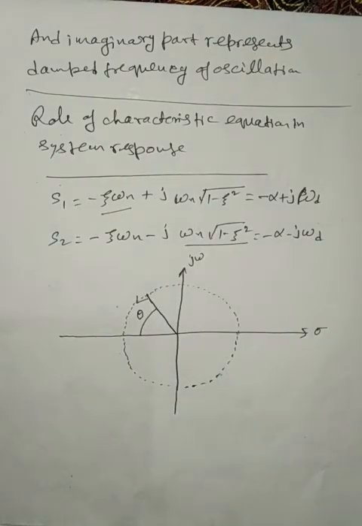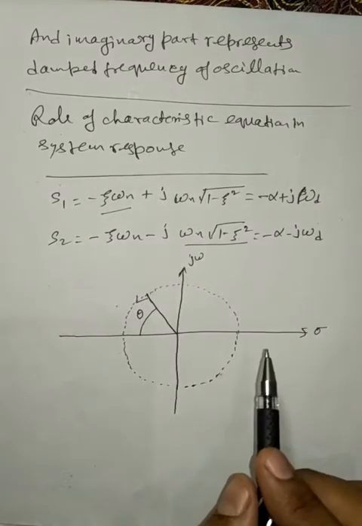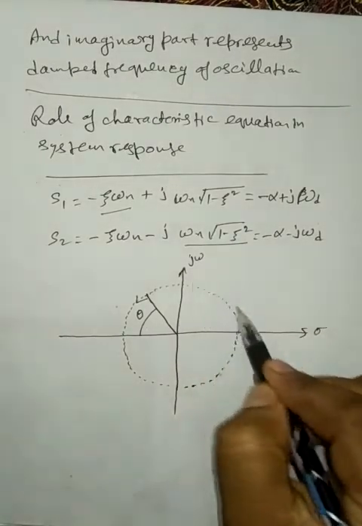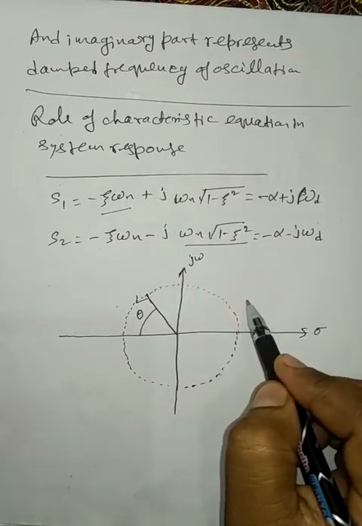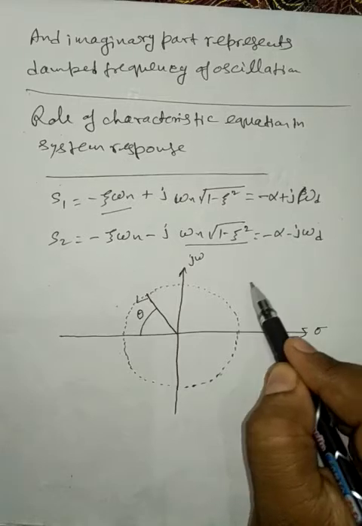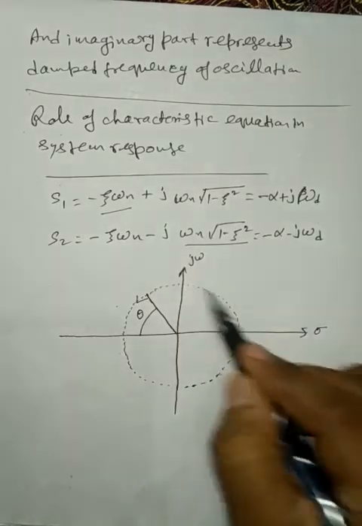This angle is theta, right? In this case, this region, first quadrant, this region is for when outside this curve